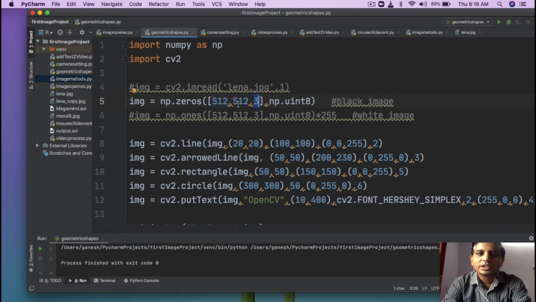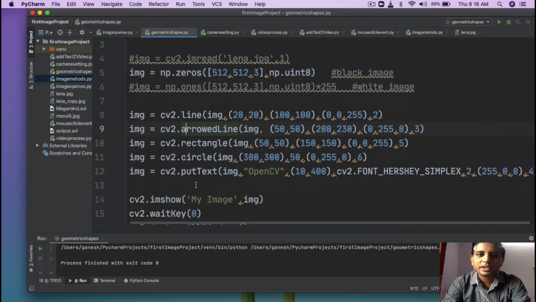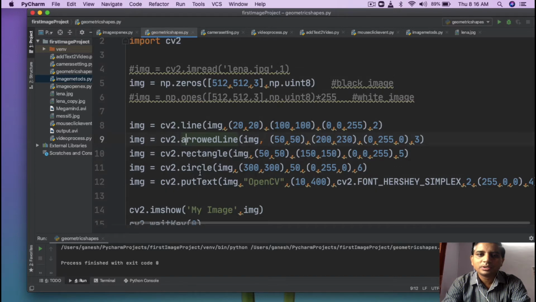So a three-dimensional matrix gets created, all containing zeros, and the type of every pixel is uint8, that is 8 bit, unsigned integer 8. So here the black image has been created, and on that black image I am drawing all the remaining geometric shapes. Let's check what the output is.